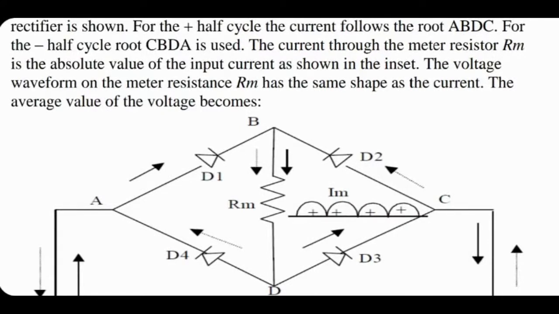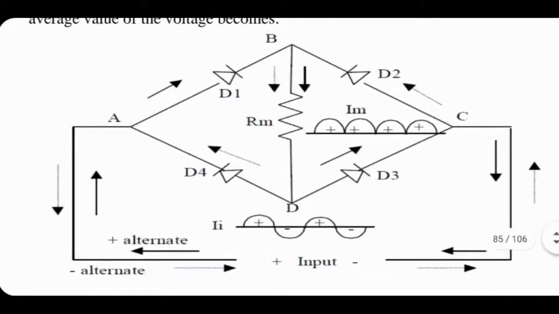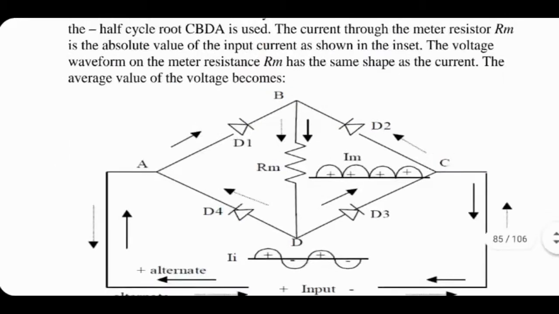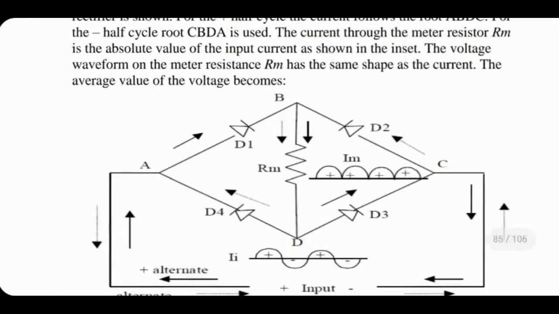If the input is AC, the output turns out to be not exactly DC, but only the positive half appears. So it is not exactly DC. That DC must be a flat line with time, right? You are not getting a flat line by this method. So what you do is connect a capacitor across the output to make it more flat. And this is how we obtain an approximate DC from an AC.